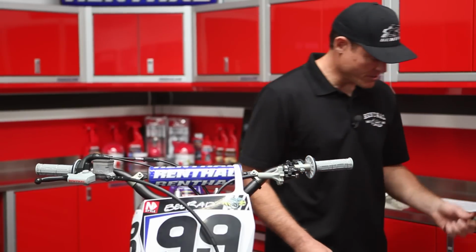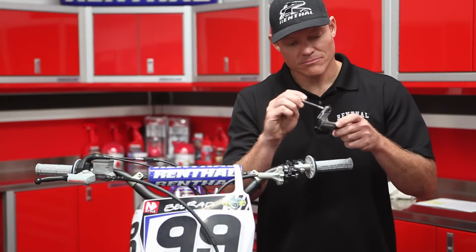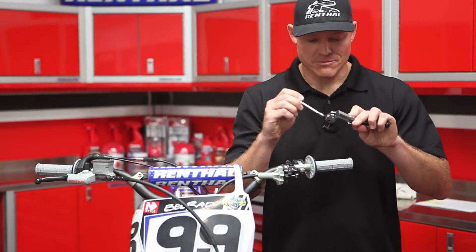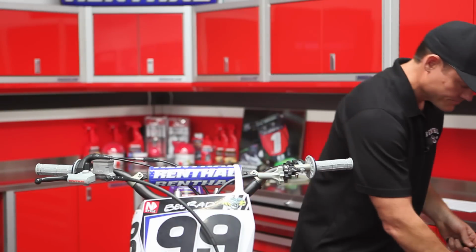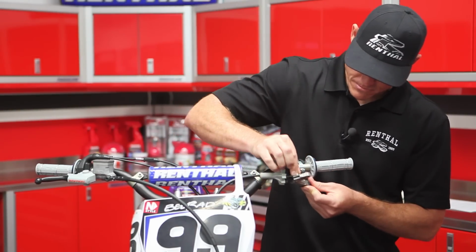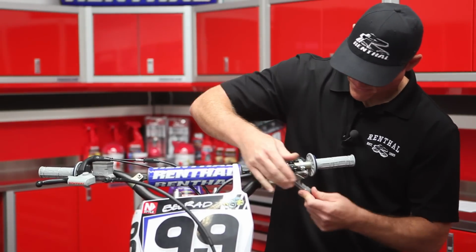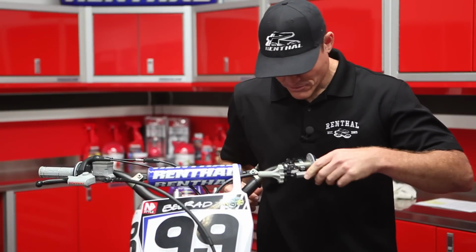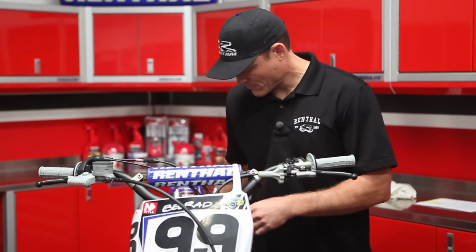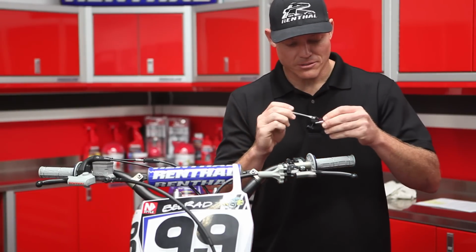All right, now we're ready to put our lever in. I'm going to throw a little bit of grease just on the pivot area here, where the surface meets the perch. Go ahead and get our cable inside the lever here, and then just go ahead and put the lever inside the perch. Now we're ready for the pivot bolt. Also, throw a little grease on there,